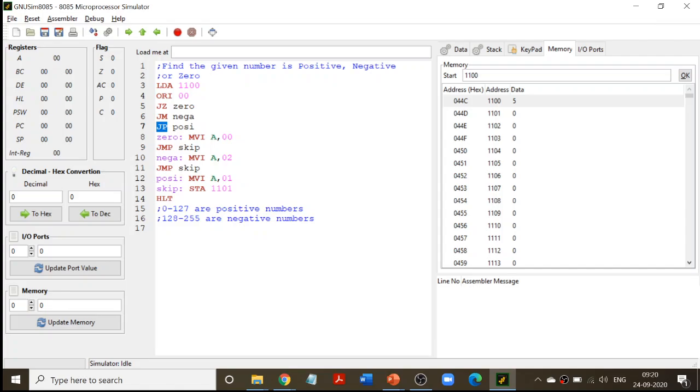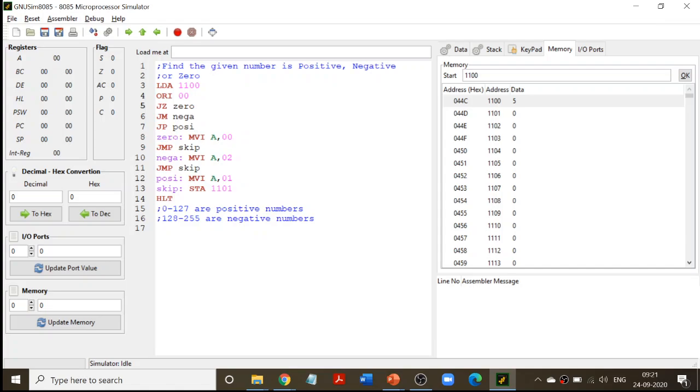So where are these jumps going to happen? These jumps are going to happen based on the label. Actually we are supposed to give the address of that particular line where you want to transfer the control. But since it is a simulator, we have the option of just giving a label. The same label has to be in this line also. Jump on zero means it will jump to this particular line number 8.